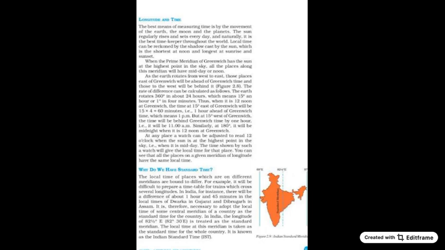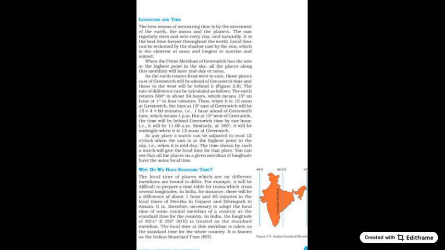Longitude and time. The best means of measuring time is by the movement of the earth. The moon, the planet, and the sun regularly rise and set every day, and naturally the sun is the best timekeeper throughout the year, throughout the world. Local time can be denoted by the shadow cast of the sun, which is the shortest at noon and longest at sunrise and sunset. When the prime meridian of Greenwich has the sun at the highest point in the sky,